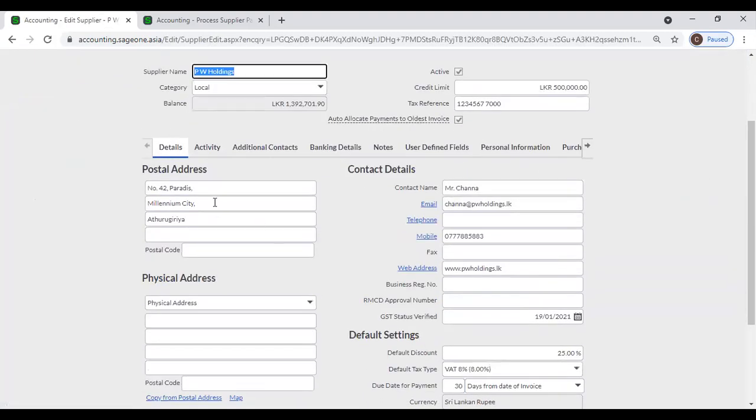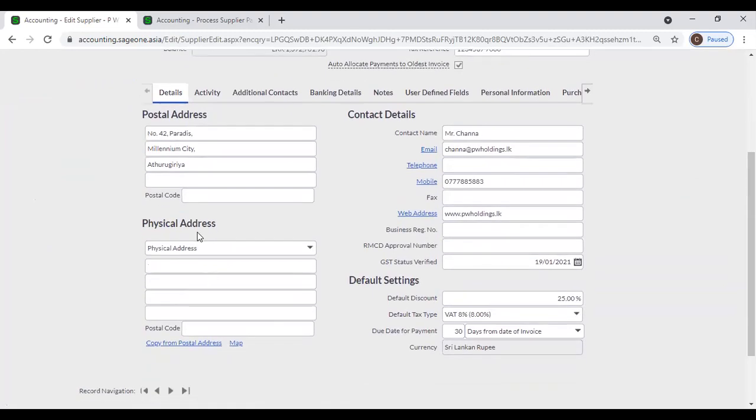Right, now here you can enter the postal address, and if the supplier's physical address is the same address, you can copy it from the postal address, and you can add a link for Google Map, and when you are going to purchase items, you can use this Google Map. Next, contact details. From here you can enter contact details of that supplier: contact person name,